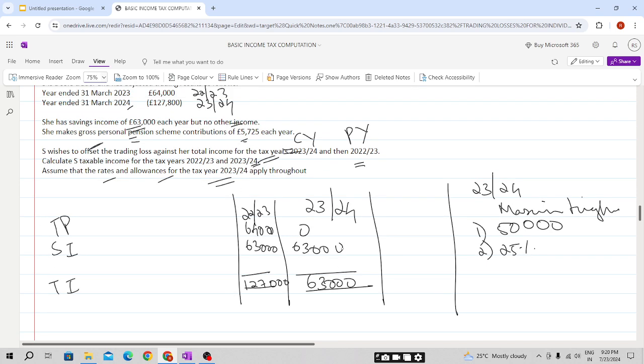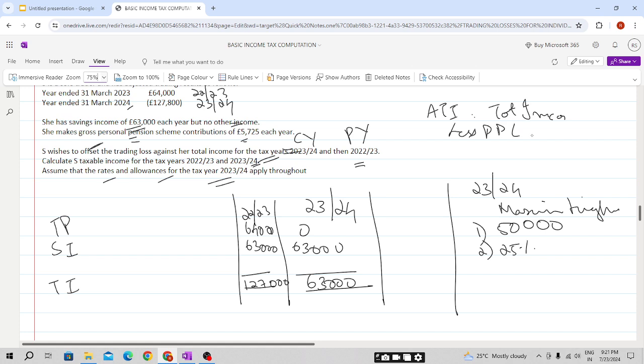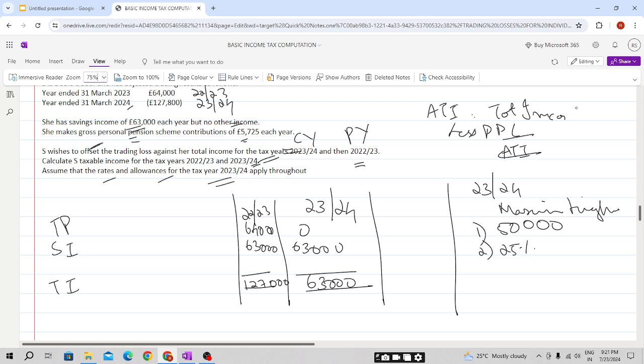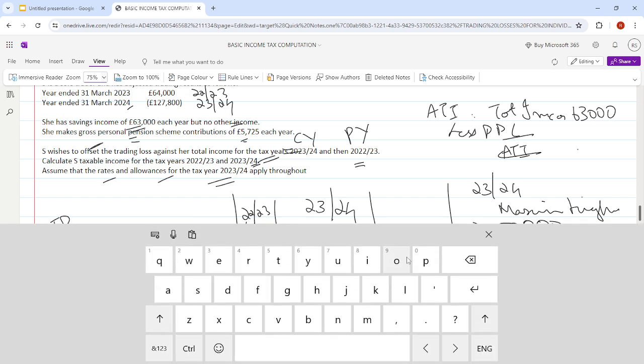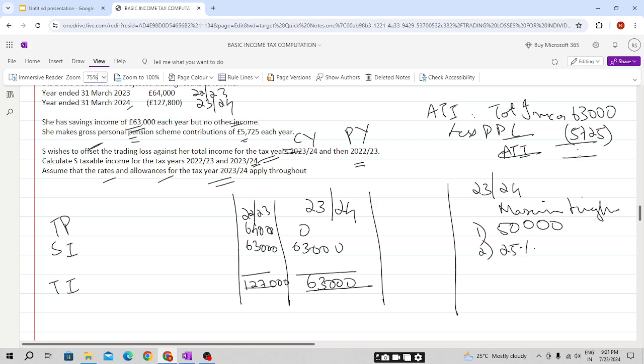total income less PPC. ATI is total income less PPC. So here, students, the total income here is 63,000 and less PPC of 5,725. So our ATI will be, students,